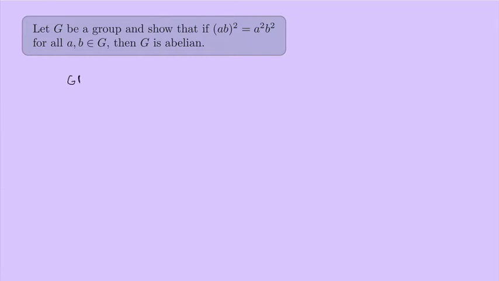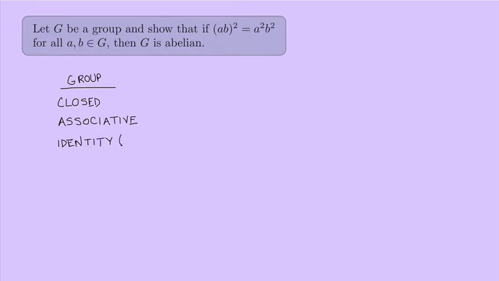Okay, so what is a group? Well, a group is a set of elements together with a binary operation that is closed, meaning that you take any two elements in the group and you perform the binary operation on them, you get something else back that's in the group. It's associative, meaning that when you perform the binary operation, you can move the parentheses around. There's an identity element, meaning that,